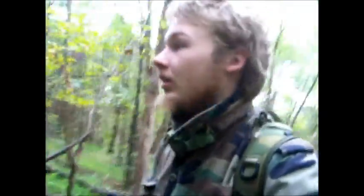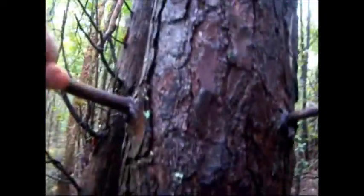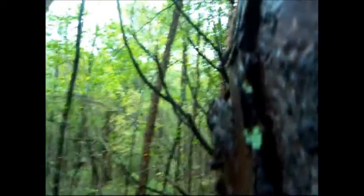And you could also take lint from your socks, or if you happen to have some in your belly button. Every little bit helps. But a little trick. You see this little pine tree right here? Take the stick, these dead little twigs near the base, get real close to the base and try and break it off. If you're lucky,